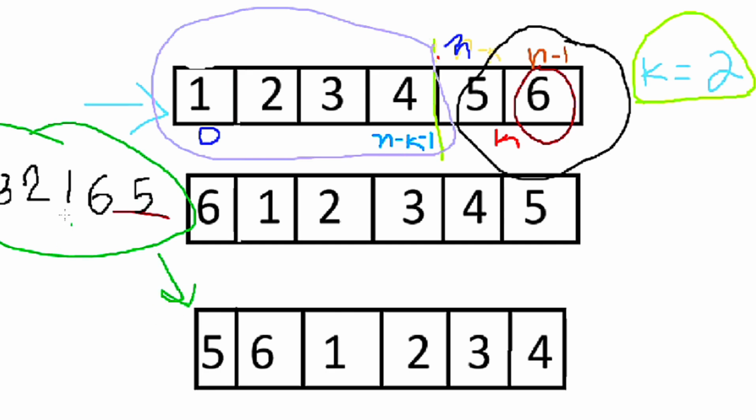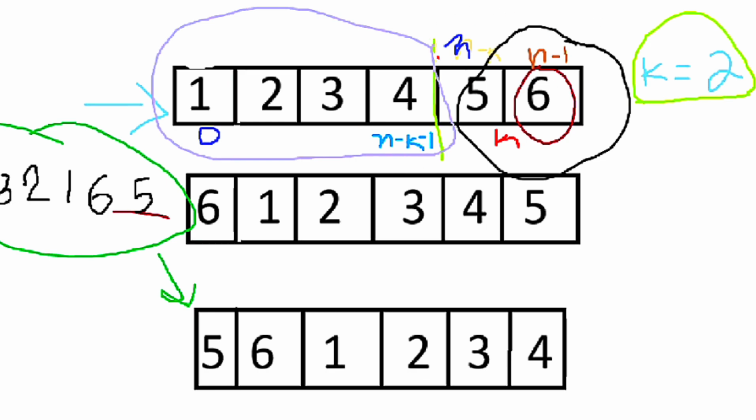See, if I rotate this, I'll get this answer, right? 5, 6, 1, 2, 3 and 4. This is how you can approach this question. The very important thing which you have to remember is dividing the array based on the number of rotation, that is 2, from 0 to n minus k minus 1 and n minus k to n